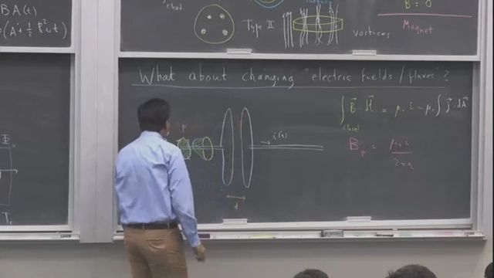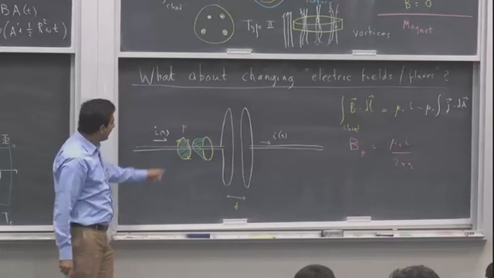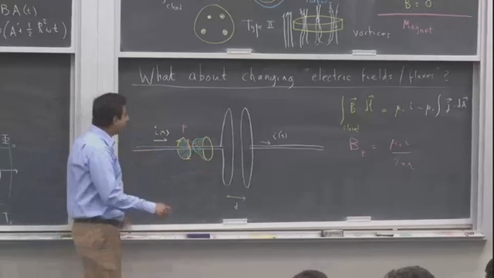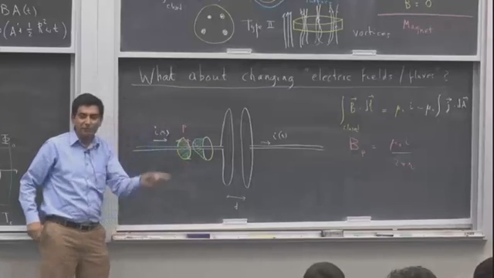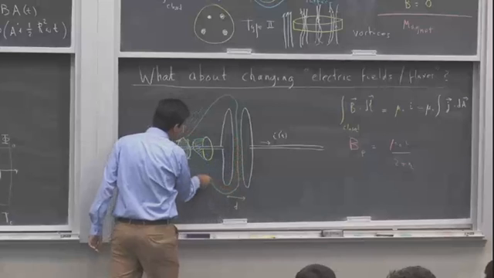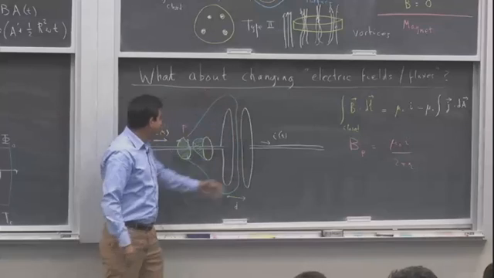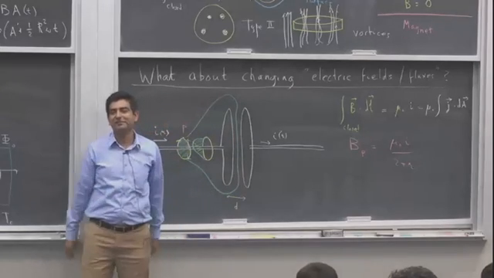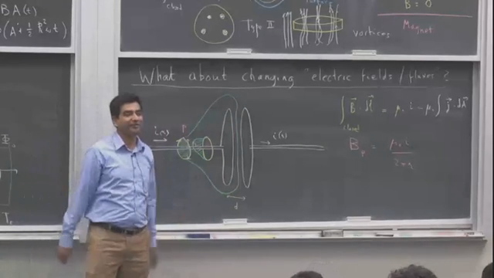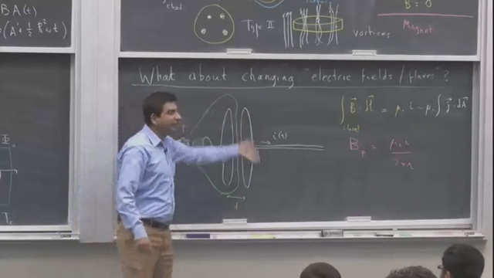Another related question: instead of being this flat area, instead of being this curved tortuous area, what if I use the same loop, the same contour, and the area that I'm talking about now is given here. Now this is also an area. How much current pierces this area? Nothing. So would you get a different magnetic field here? Of course not, that's hilarious. Choosing a different area, which is just